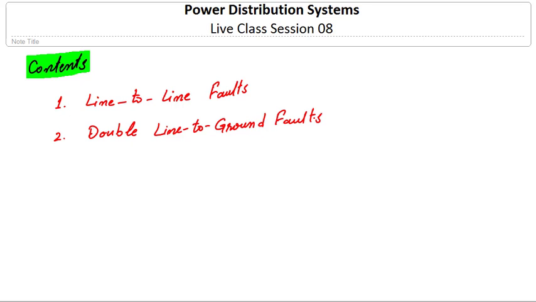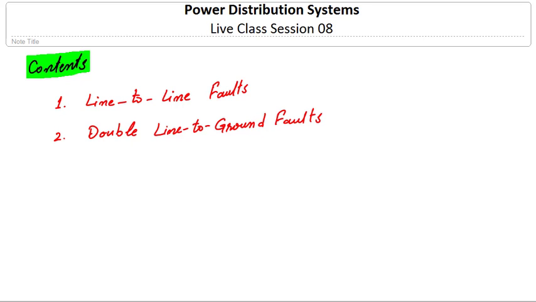Once we have the sequence components of fault current, we can calculate the fault current in phasor form, and also the during-fault voltage in sequence as well as phasor form, and the current contribution in sequence and phasor form. As our system is unbalanced, we cannot directly calculate the phasor currents. So first we find the sequence components, and then by using them we can find the phasor form of our currents and voltages. In the same way, for line to line fault and double line to ground fault, we will develop their sequence equivalent circuits, and with the help of those circuits we will write the expression to calculate the sequence components of fault current.